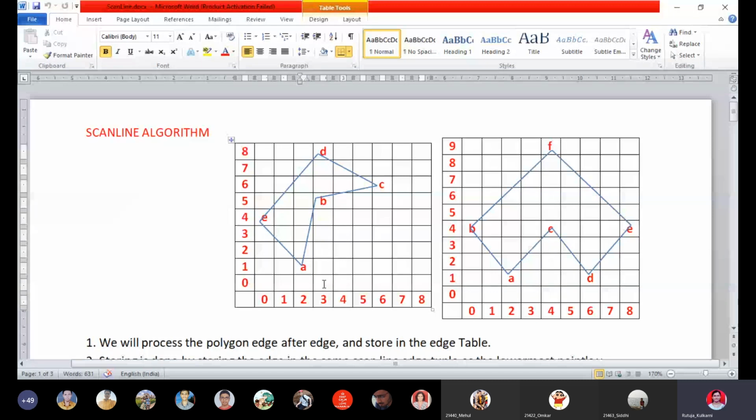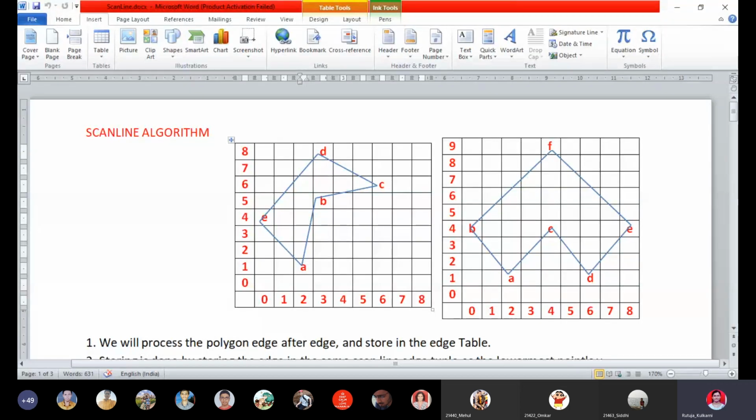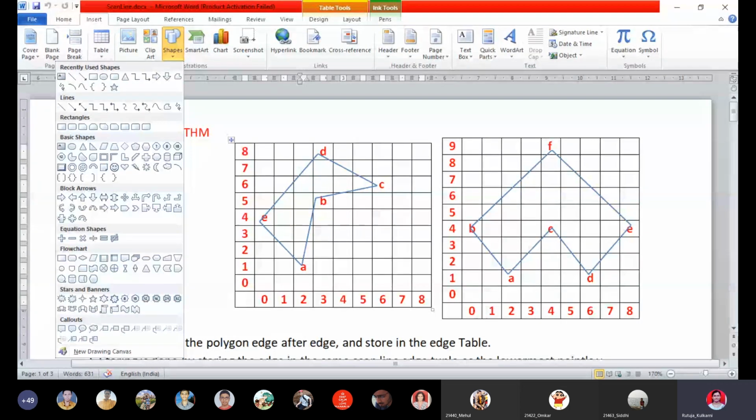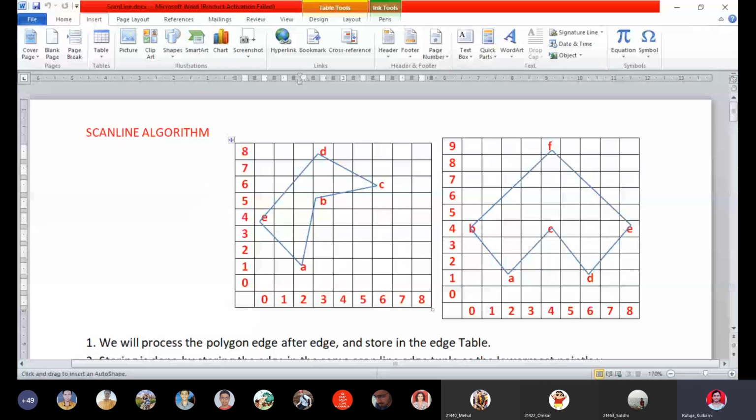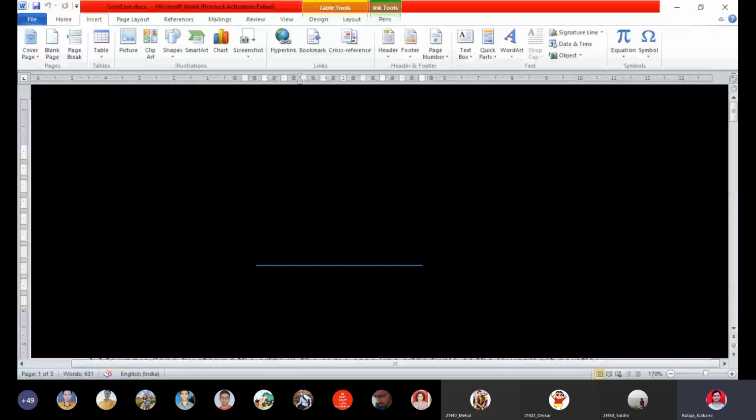When you are going to increase X, here now Y is at 1, scan line, okay, I will draw it quickly so that you can understand it. The first scan line is at 1.